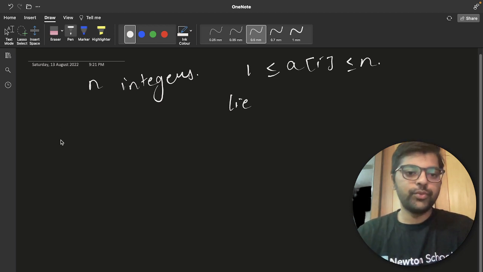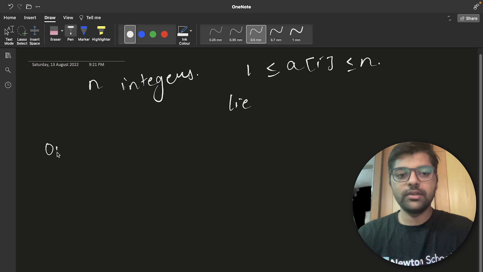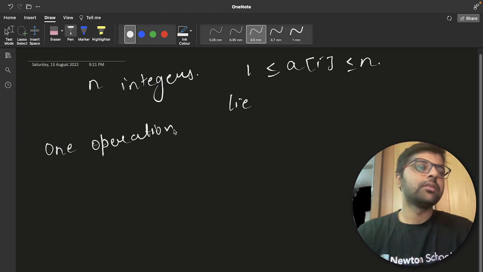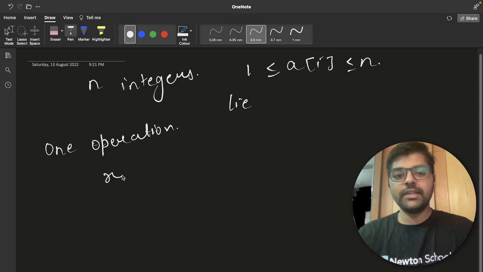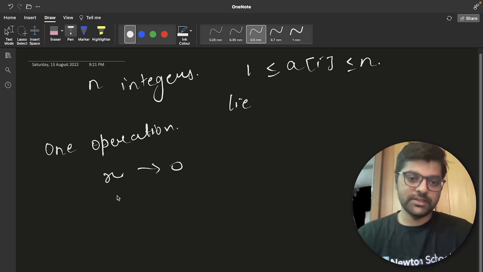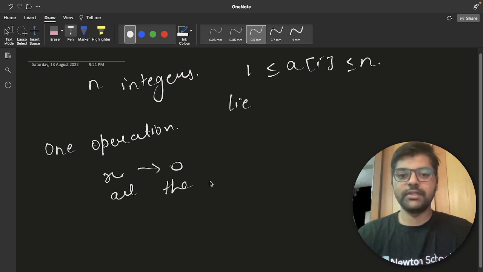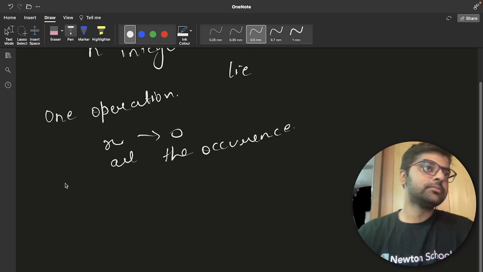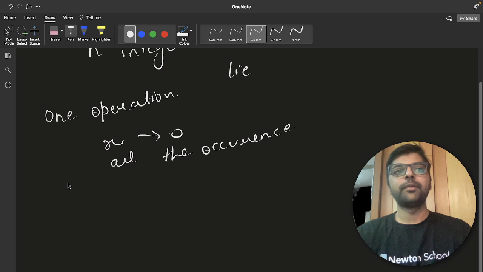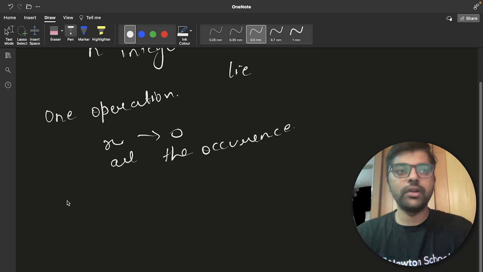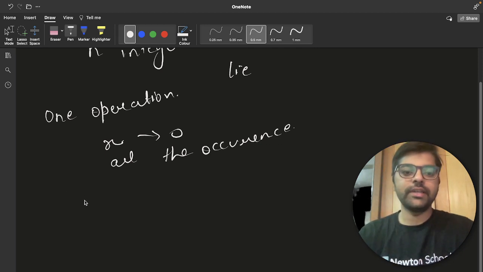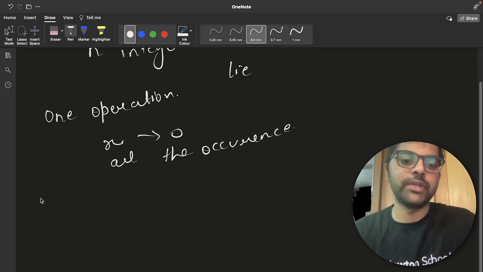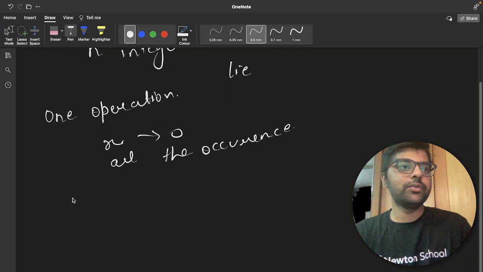So there is one type of operation given. You can choose any integer x and make all its occurrences 0. You have to find the minimum number of operations required to sort the array in non-decreasing order. I hope that you know very well what non-decreasing means. So now let's come to